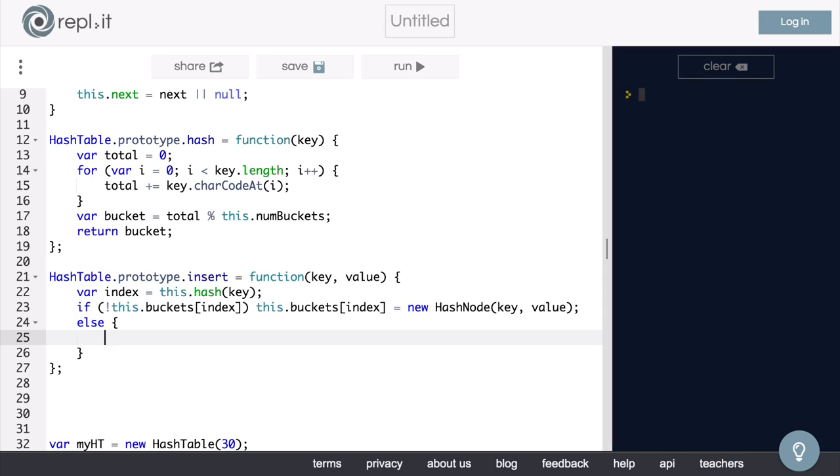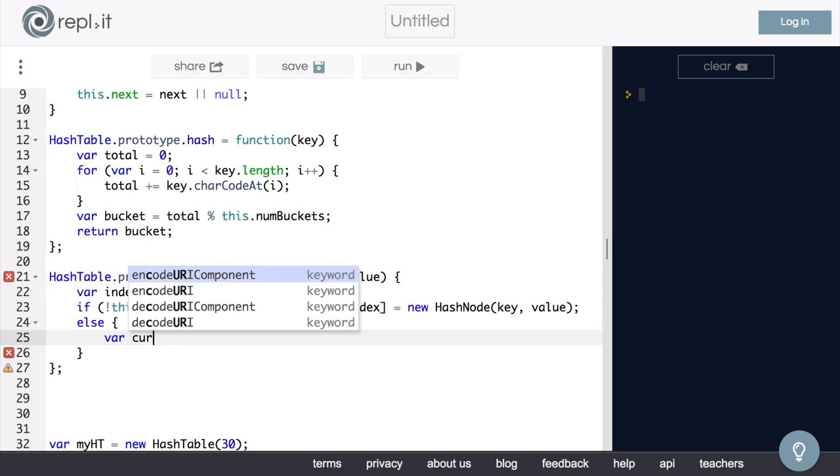We will do this with a while loop, similar to how we traveled through our linked list in the first section. We need a starting point, so we will initiate a current node and set it equal to the first node in the bucket by saying variable current node